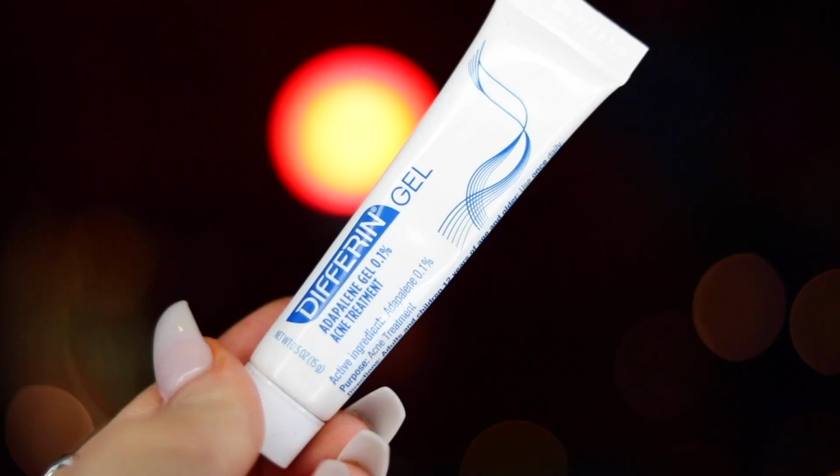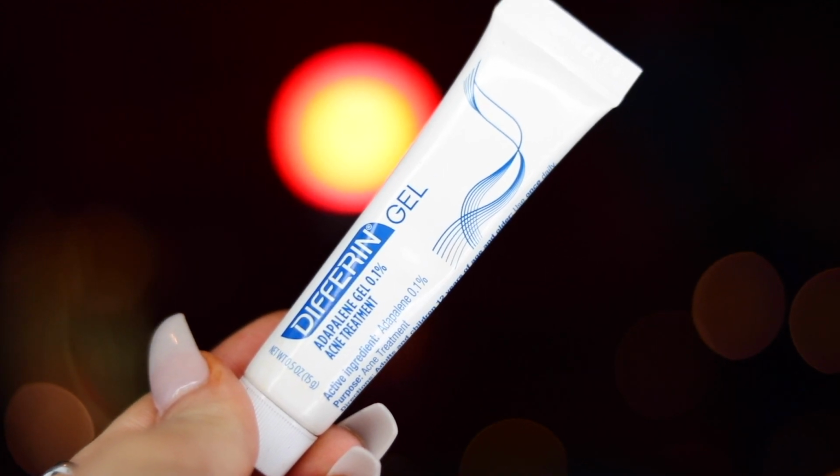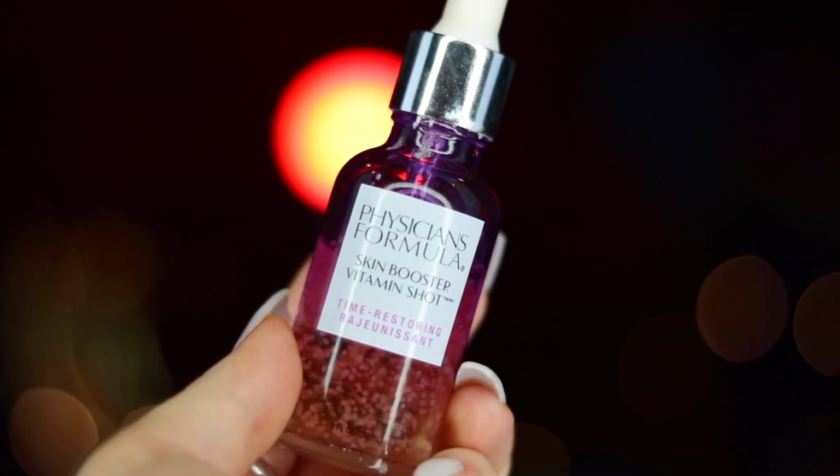I definitely recommend the Differin brand. It is so fantastic, and honestly this is my favorite acne spot treatment now. If I see anything coming in, I'll just zap it with this bad boy. It's fantastic. And my last makeup favorite before we move on to lifestyle and entertainment is this Physicians Formula Skin